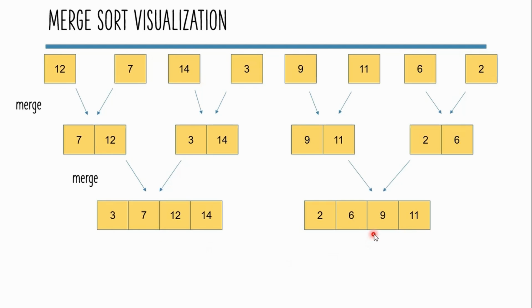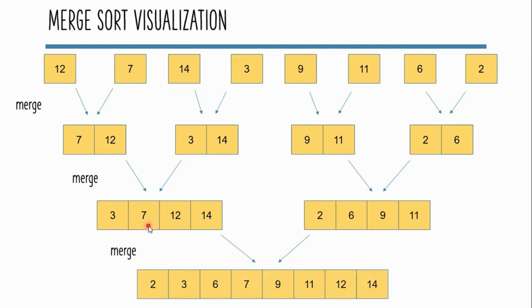Again 7 is compared with 9, so 7 is less than that of 9, so 7 will appear, and then we'll increment the value of I, as we have added the element from the leftmost subarray. So we'll go on repeating this particular process by comparing each element in this particular manner, and whenever an element is added in the final array, we need to look from which array we have obtained it, and we'll need to increment that particular iterating variable. So the final array that we'll get after these many comparisons is nothing but the final sorted array. So this is how we need to sort a particular array using the merge sort algorithm.